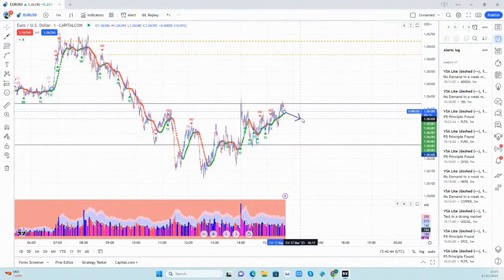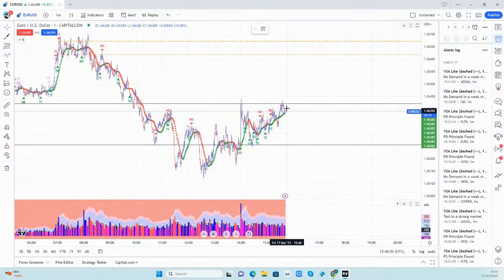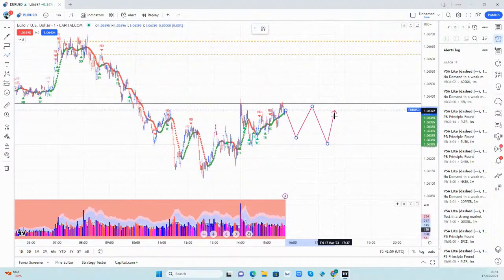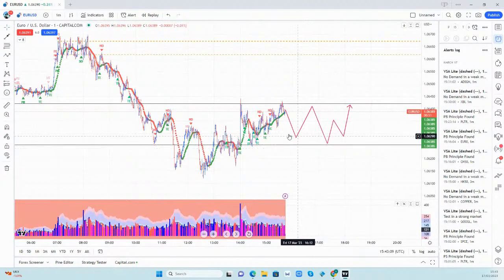But the market can also do this. The market, as I said, the third thing that the market can do, keep into this area, keep down here, and then push up, then go down, then go up, then go down, then go up. So it can stay in this range. So this tells you something else. When the market does that,